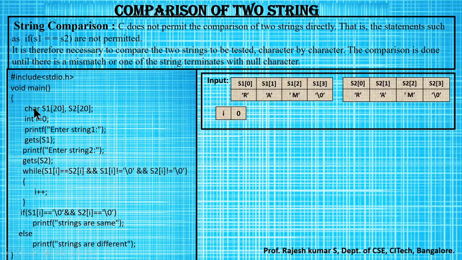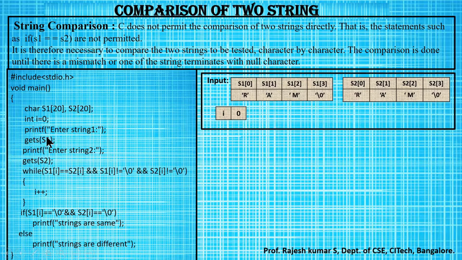In the very first line, we have to declare all the variables required in the program. I require two character arrays, S1 and S2, and a variable I, which is initialized with the value 0. I have to read S1 and S2 first. So I'll prompt a question telling enter string 1. As soon as the user sees enter string 1, the user will enter a string. That value will be stored in S1 with the help of the unformatted input gets function. Gets function is a function which reads the string.